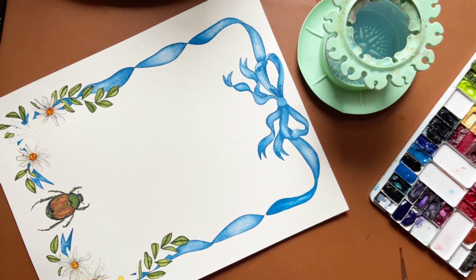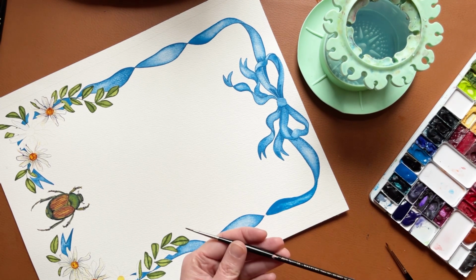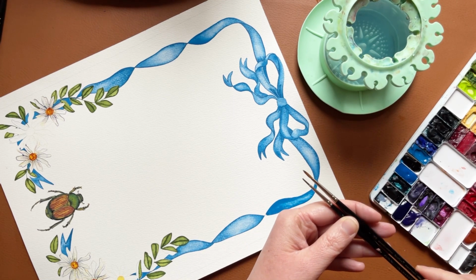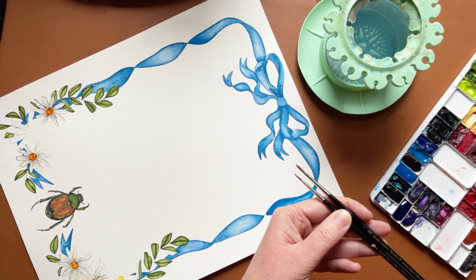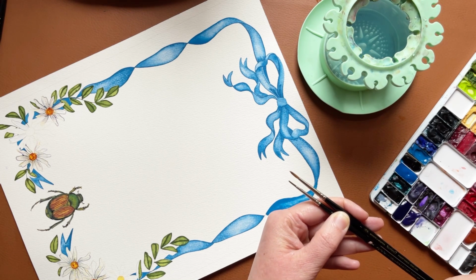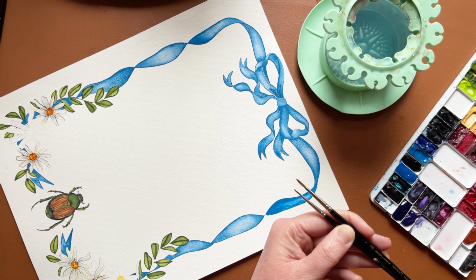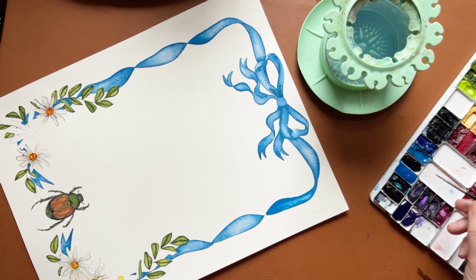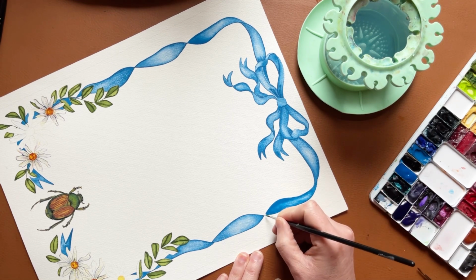I'm going to rinse my brush fully, and I'm going to switch brushes and get a smaller brush. Oh, it says this is a 1 also. This is a 1. This is a Da Vinci Maestro, an older one. And this is a Winsor Newton Series 7. Both nice brushes. This Winsor Newton brush is definitely a lot bigger, but it's newer, so maybe the hairs have gone on this. Either way, I'm going to continue with this one